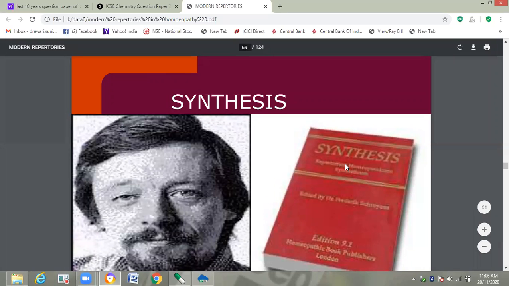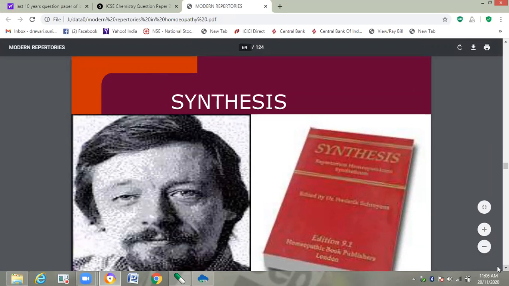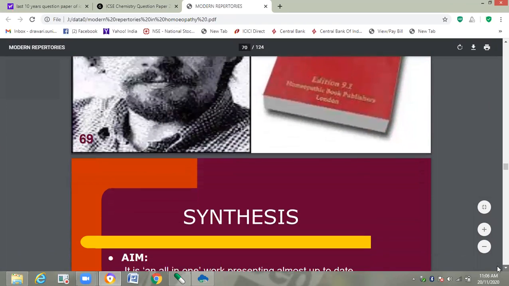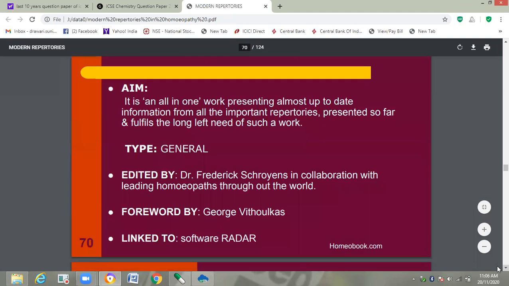Here is the name. It is not properly visible, but below this Synthesis, here is Repertorium Homeopathicum Syntheticum, and it was written by Dr. Frederick Schroyens. This was the 9.1 edition. There were different editions of this book. As we have discussed, the aim of Dr. Schroyens was